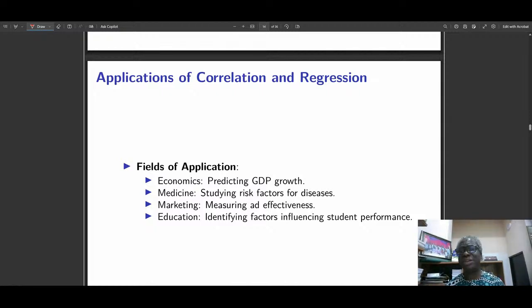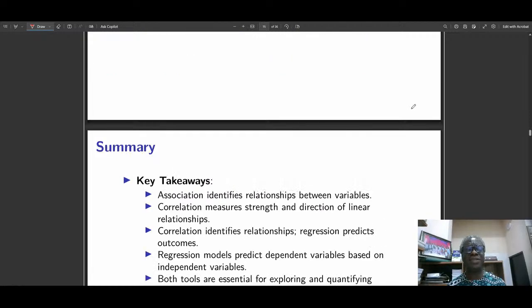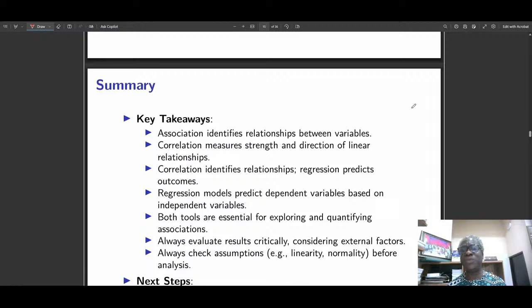So correlation and regression are widely used. So let's summarize this lecture and then move to the usual post-lecture quiz. The takeaways for this lecture, one is that